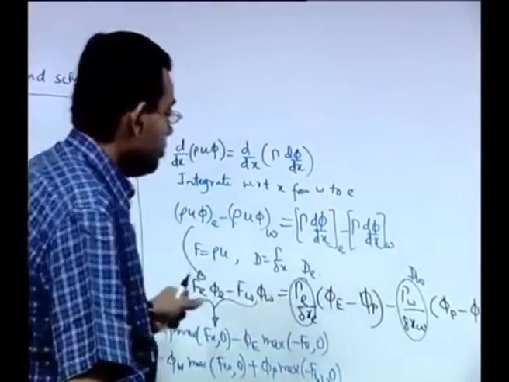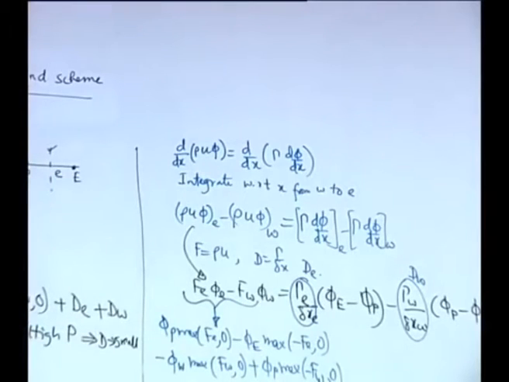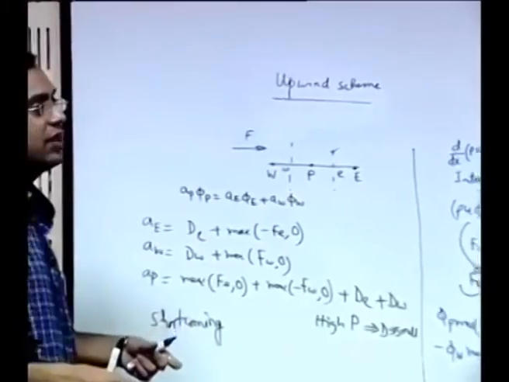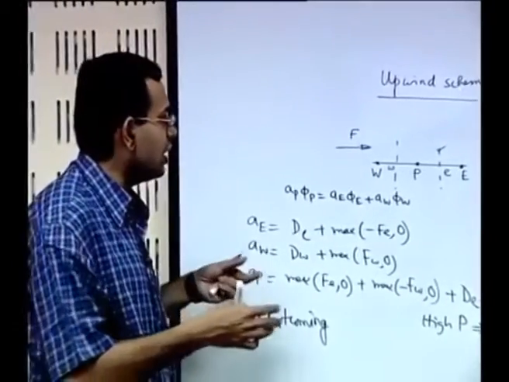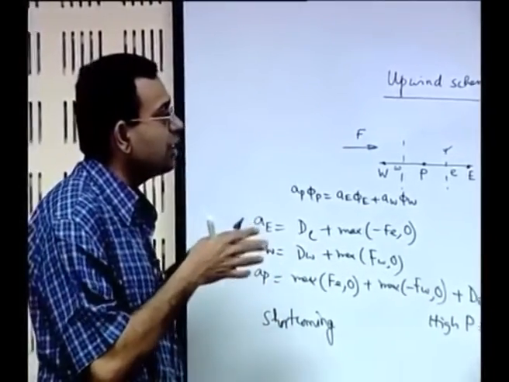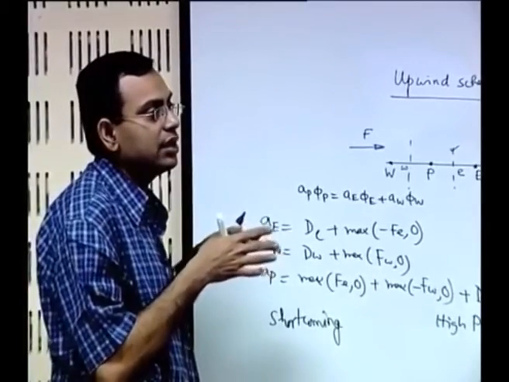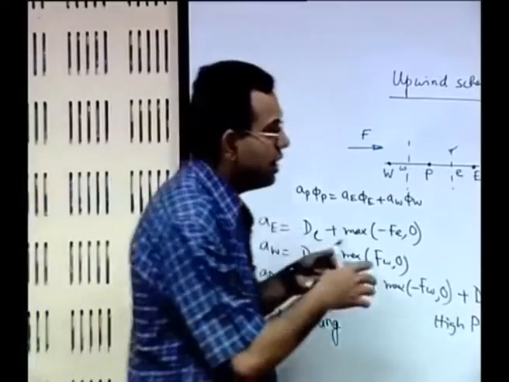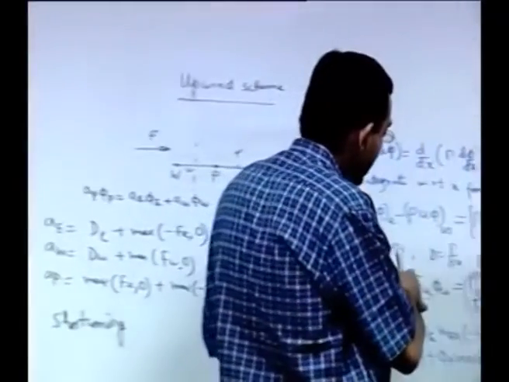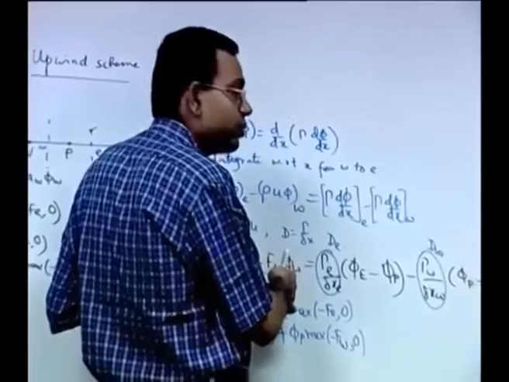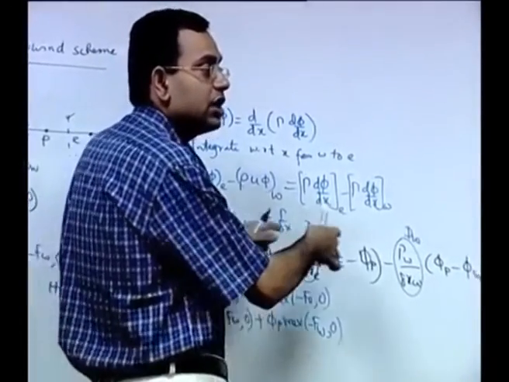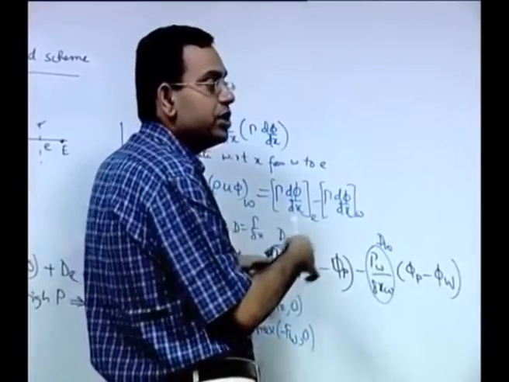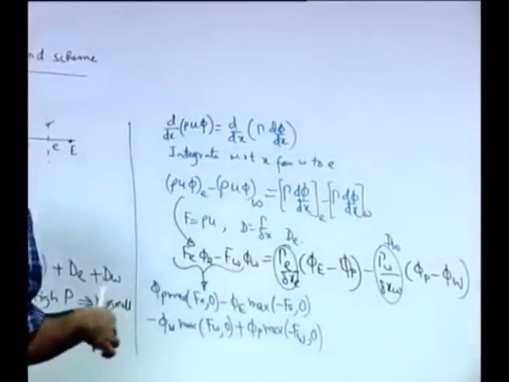So, this scheme can predict diffusion when there is very little diffusion, because this scheme is essentially meant for working very nicely for a case when advection dominates much more than diffusion. And even then, keeping that physical aspect in mind, we implement that only in the advection term but not in the diffusion term. So, that shows that the upwind scheme over predicts diffusion.